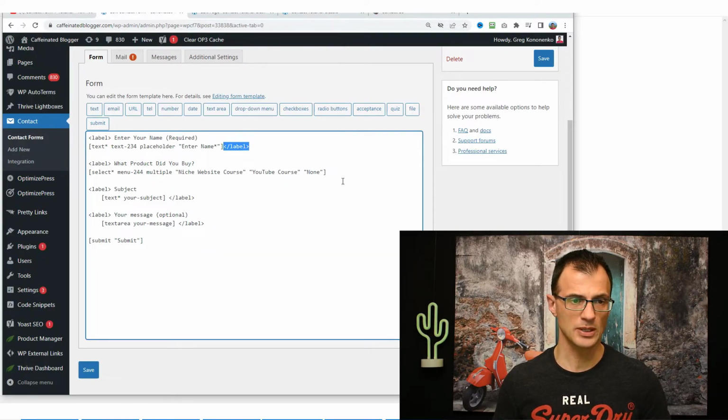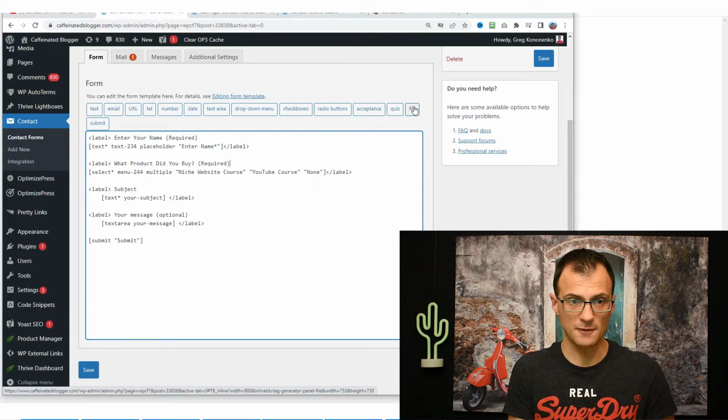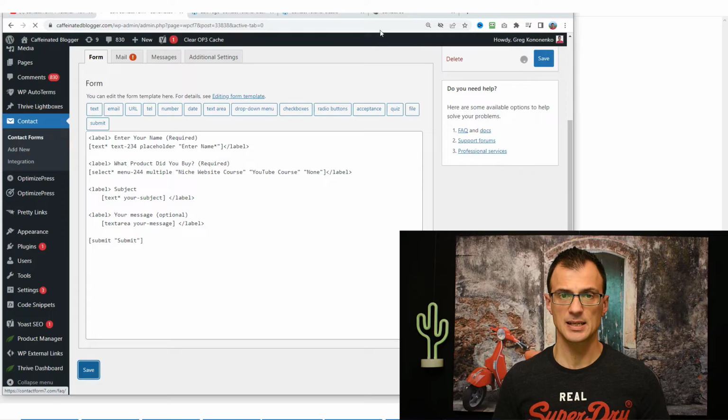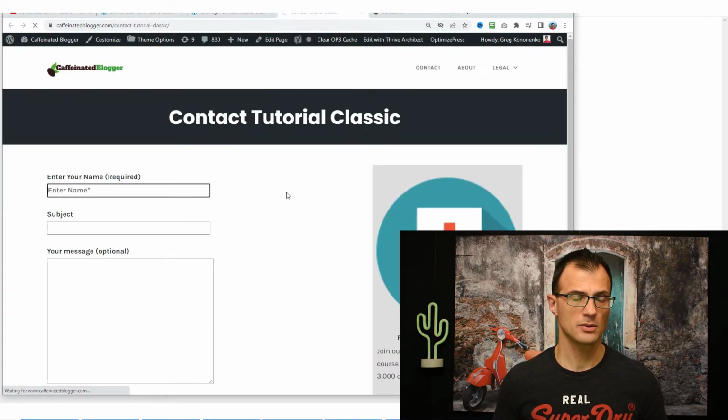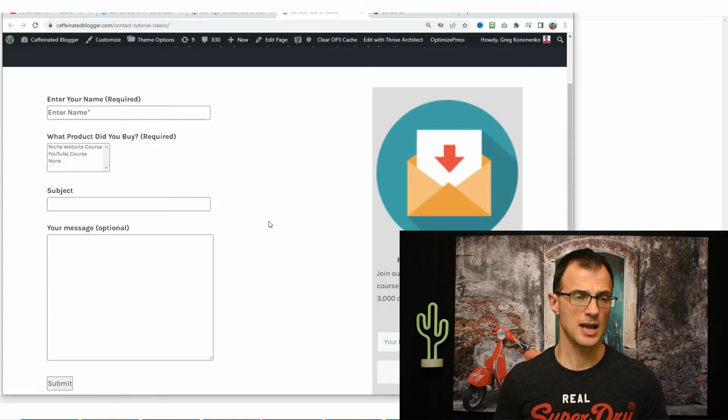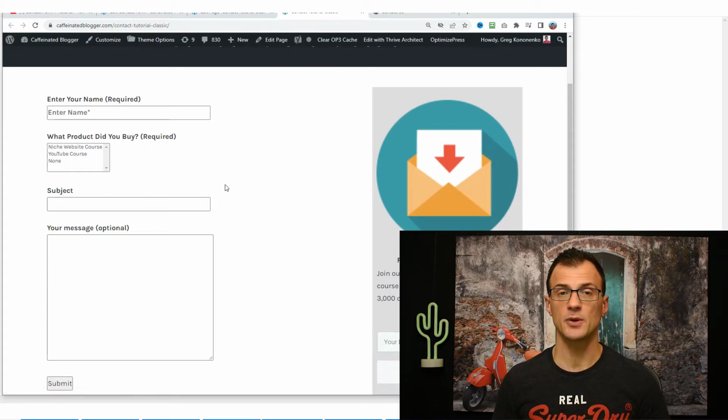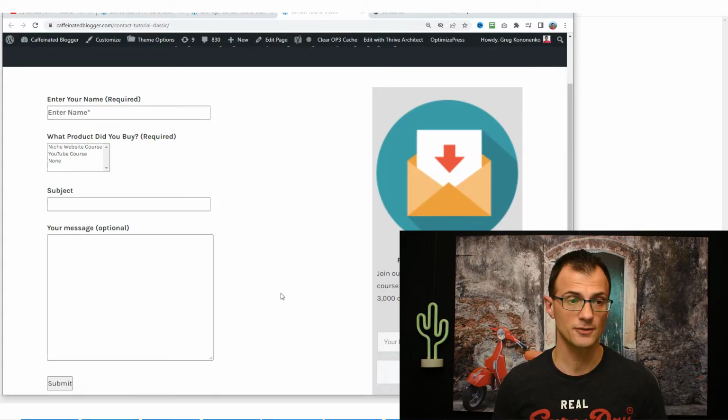And now we also know that we need to close this label over here like that. And I want to say that this is a required field over here like this. And let's click Save, and you will see how it actually comes out on the form. So let's refresh the form. Okay, and this is useful, for example, if you're providing support for any of the products, or if you want to get any other relevant information from the visitors.